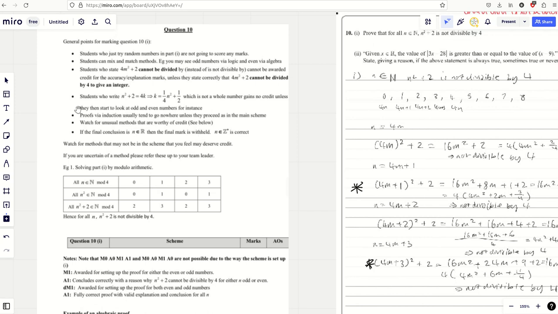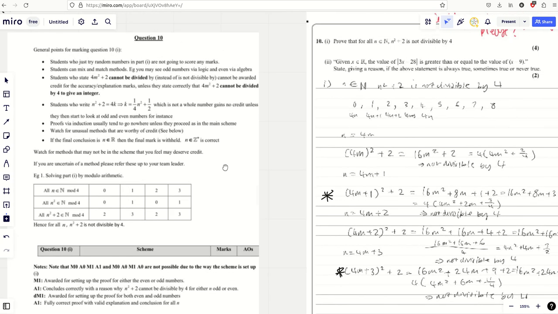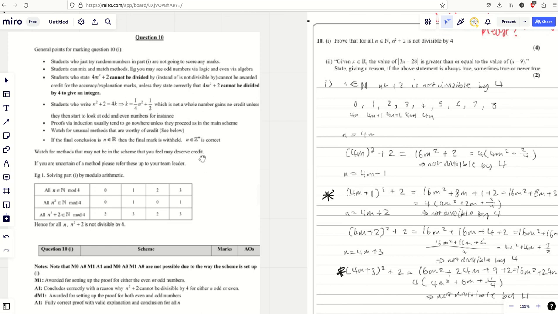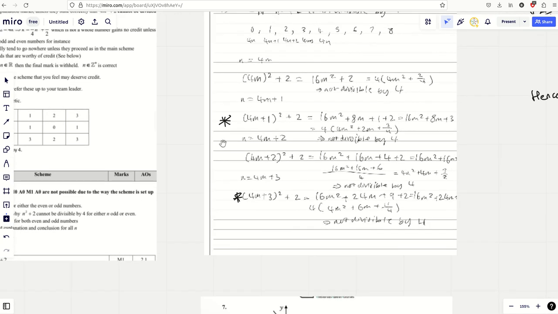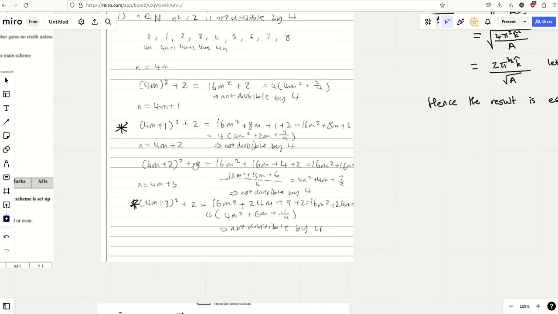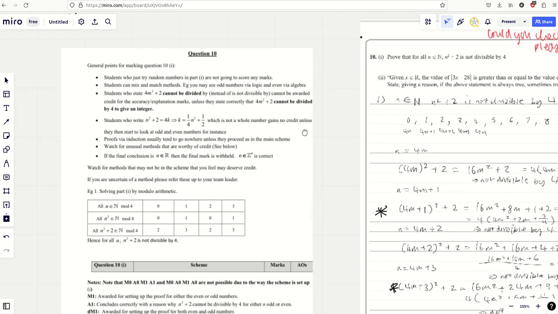But yeah, and don't worry about things like proof via induction. That's something else as well. You could do it in an inductive proof as well here. But I like your way of doing it, but I probably would have done it like this. I probably would have just said